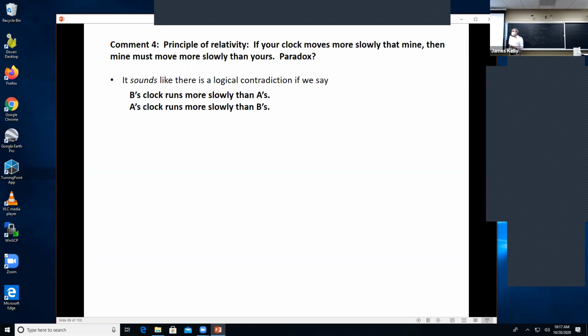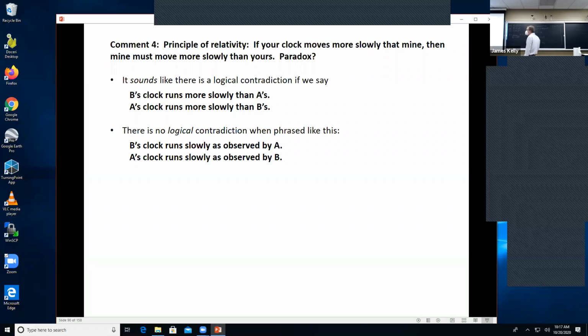The amount of time that's elapsed isn't the same. But as long as the two are just moving past each other, it sounds paradoxical. It sounds like a logical contradiction if we say B's clock runs more slowly than A's, and also A's clock runs more slowly than B's. But